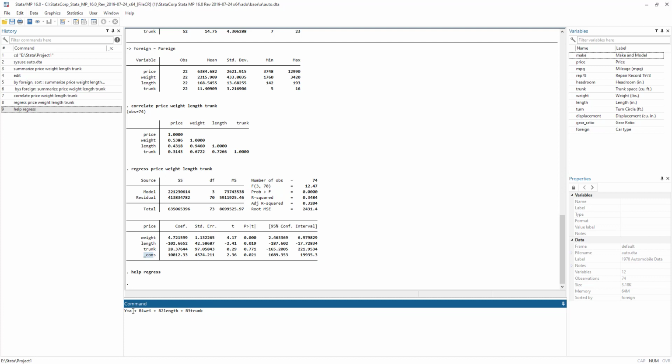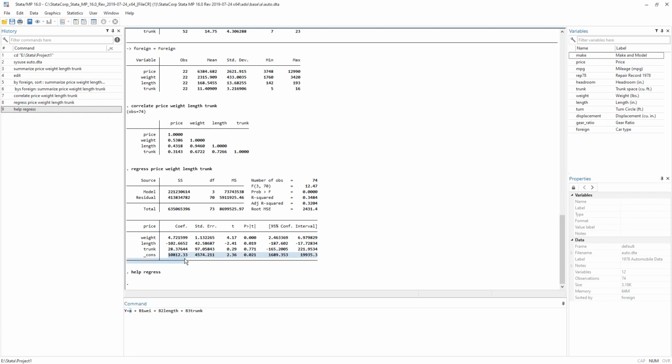And this alpha value, this constant value, is this one. So we can say, even if, in this case it won't make sense, but let's just bear with me and I will give you another example. You can recall the example of wage or salary and education that we discussed in our class.